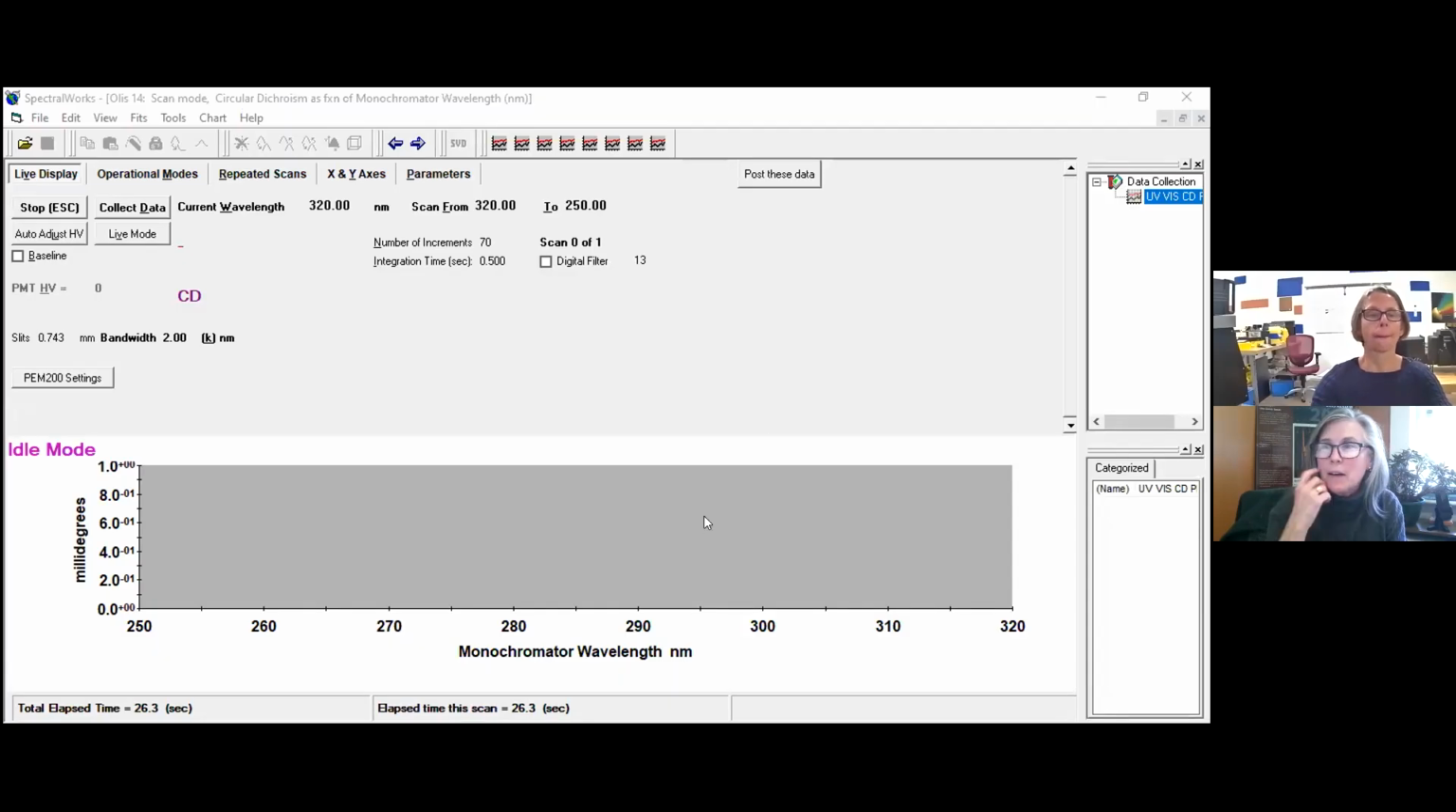So hi, everyone. This is Julianne de Lorenz and Elizabeth Millsaps, and we're going to be giving you a demonstration illustration of the OLIS SpectralWorks software working today with our circular dichroism version. So Elizabeth is at the instrument. She has a sample in place. I'm in my office, and